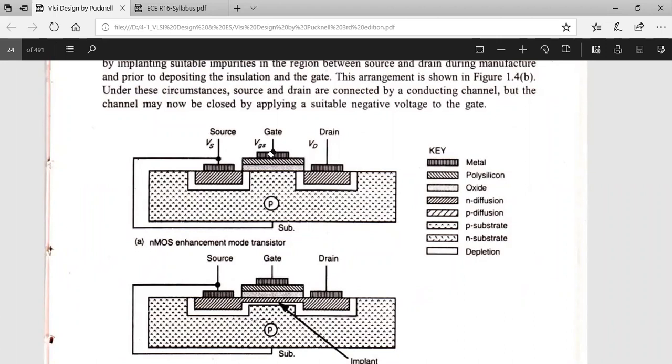You will be doing your experiments in your EDC lab or any other labs. What will you be doing? When we want to give some input voltage, you start from 0 volts. Later, you make it 0.1 volt, 0.2 volts, 0.3 volts. Later, it becomes 1 volt, 2 volts, 3 volts, like that, right?